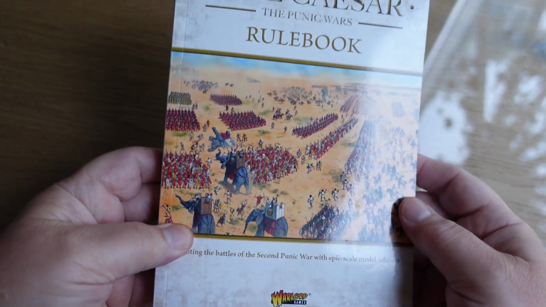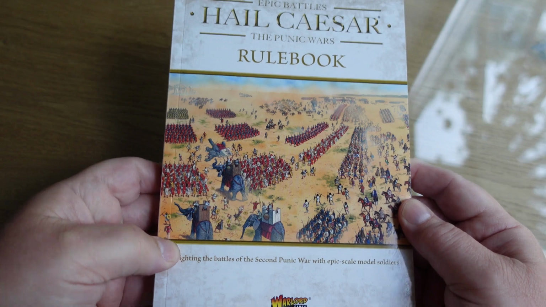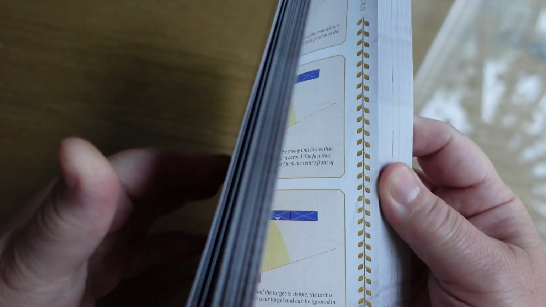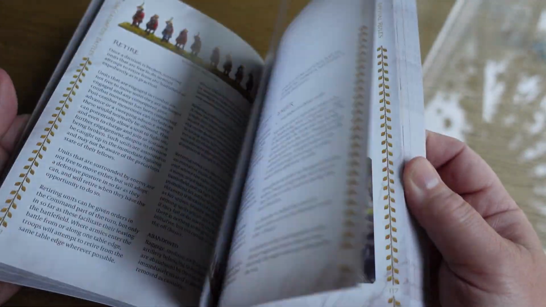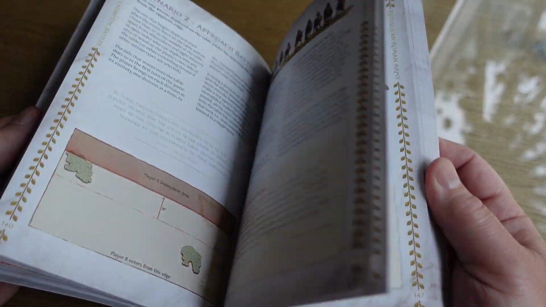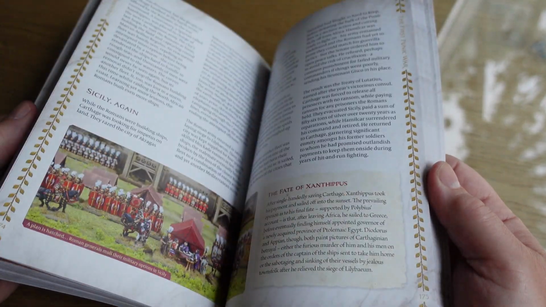So yes, Warlords sent me the new Epic Hail Caesar rulebook, and it's a very nice book indeed, but I won't go into a huge amount of detail about the book itself. Other people will have done some interesting looks at that. I know Stuart from Miniature Realms did a really good flick through of this book. But basically what this is